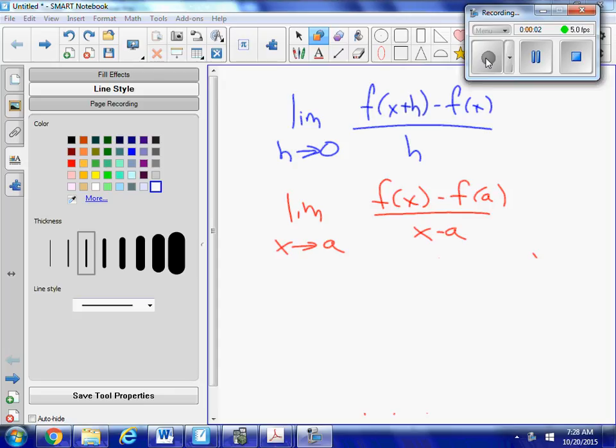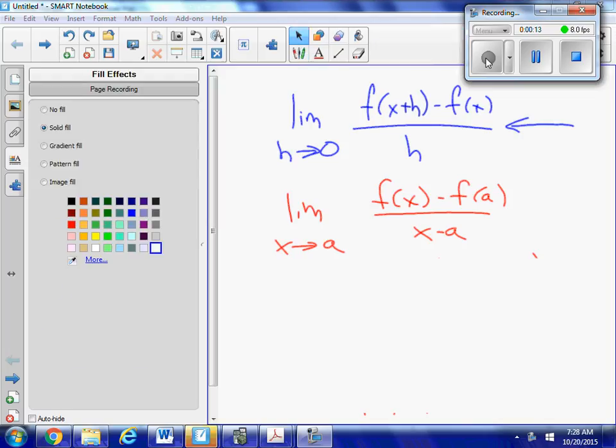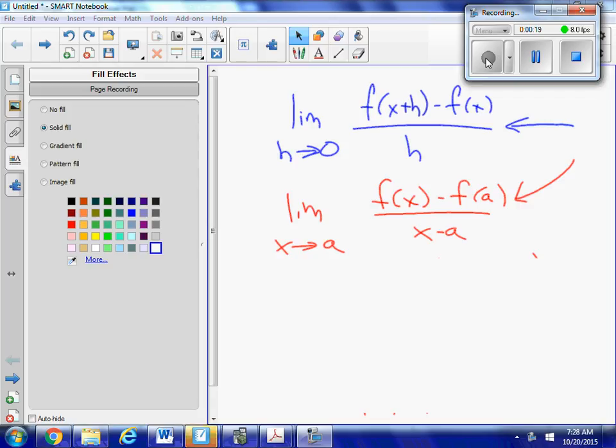Already familiar with this top definition here of a derivative, or the slope of the tangent line at a given point. It's the same thing. So I would like to just address for a second why this one and our alternate are really the same thing. So let's first look at a graph of our top one, f of x plus h minus f of